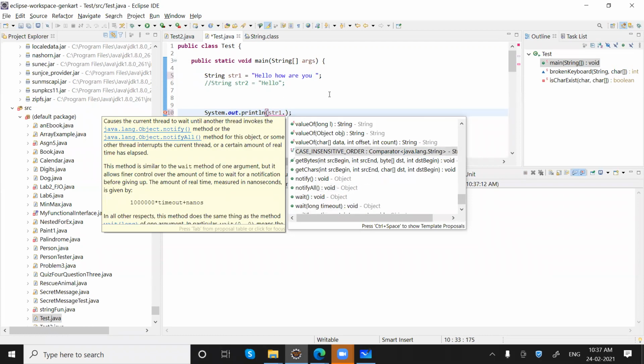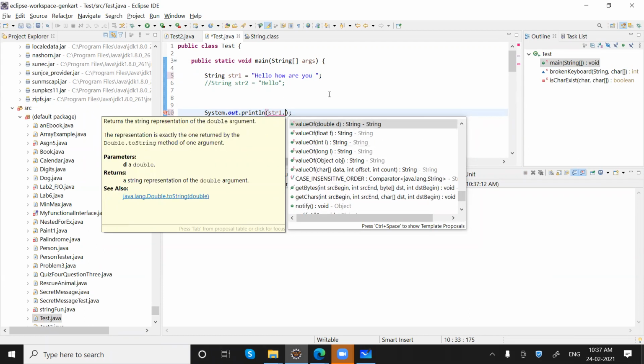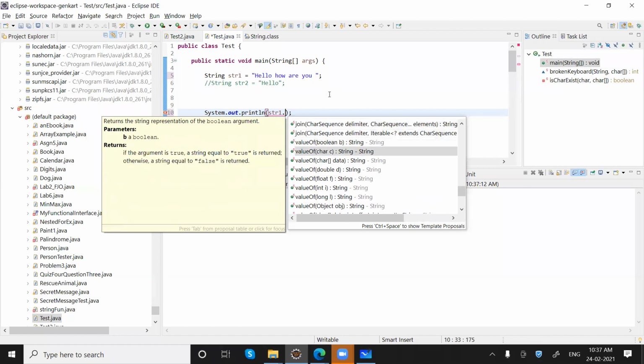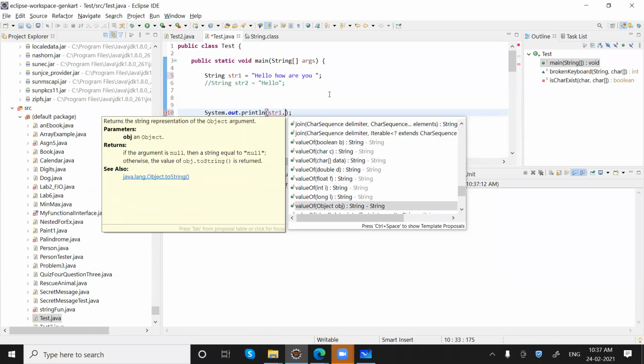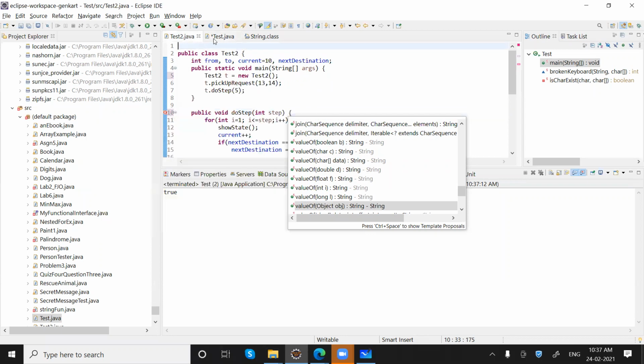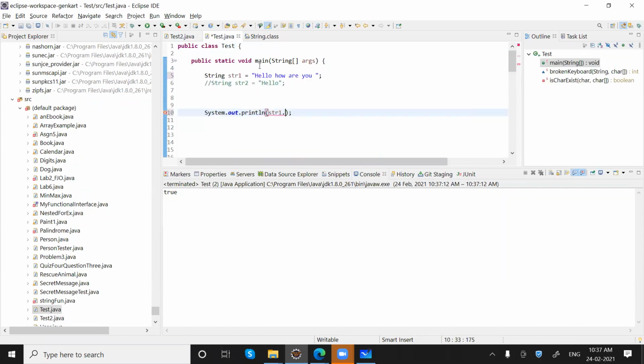Then we have other methods as well. For example, you have any primitive value, boolean, character array, double, float, integer, long, object. You want to convert that value into a string, you can just call the valueOf method that we have just seen, I think in the previous example where we were trying to convert a character into a string. When we said String.valueOf, passed the character and just called the toUpperCase method.